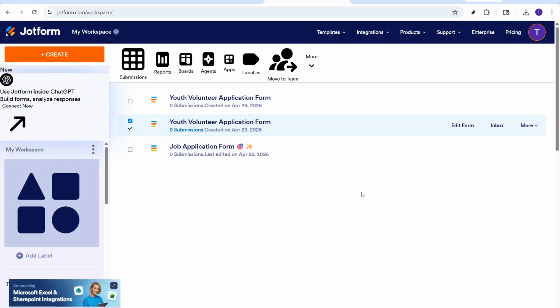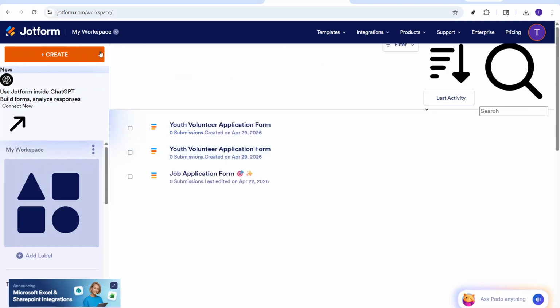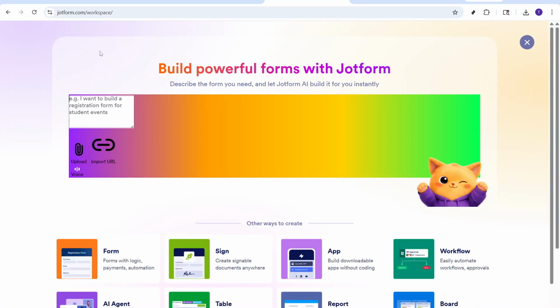First things first, you'll need to log into your Jotform account. So, open up the Jotform website and enter your credentials to sign in. If you don't already have an account, you can easily create one by following the on-screen prompts. Once logged in, you'll land on the dashboard, which is quite user-friendly and a great starting point for your journey